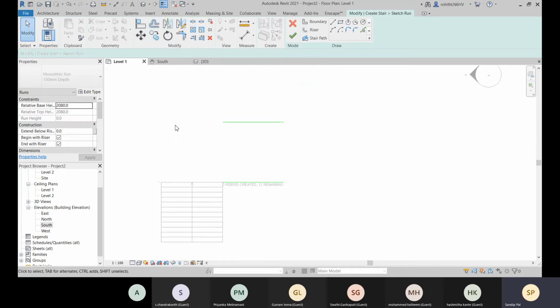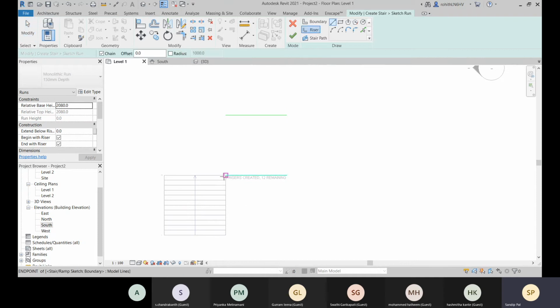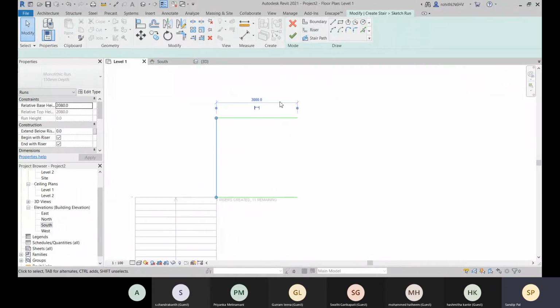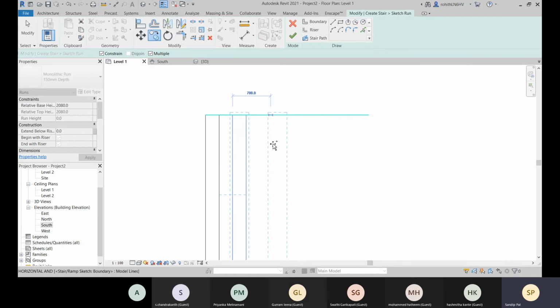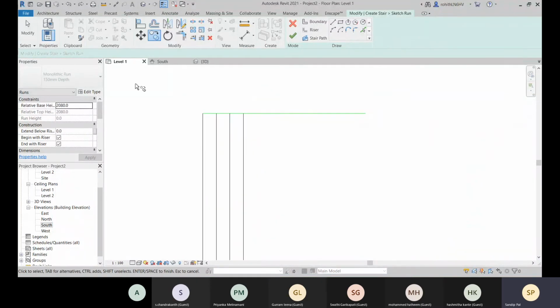Okay, so let's keep that offset, and let's create a riser. Copy it.